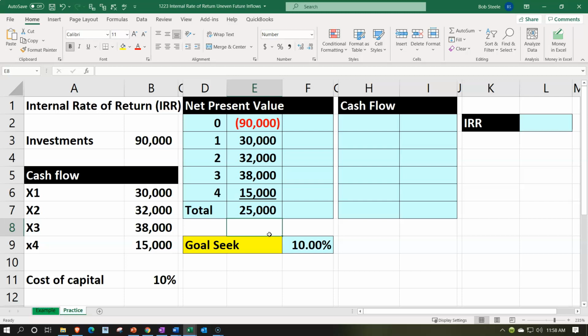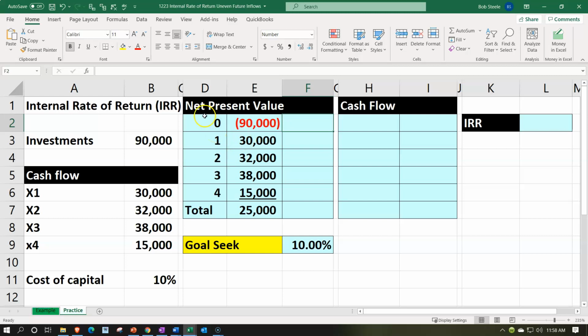Because I could put that 90,000 elsewhere and get money from other investments. Why should I put it in this investment when I could put it somewhere else possibly? Well, I want to clear the 10% rate of return. If I clear 10% rate of return, then this would be worthwhile compared to other projects possibly. That's the idea. So I'm going to present value each one of these, and I'm going to present value the 90,000,